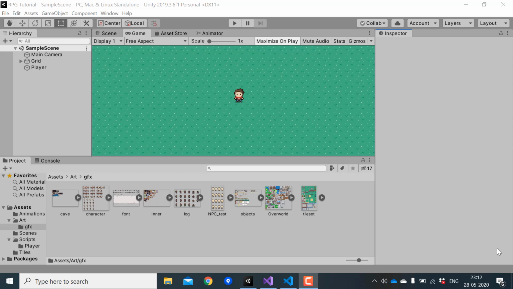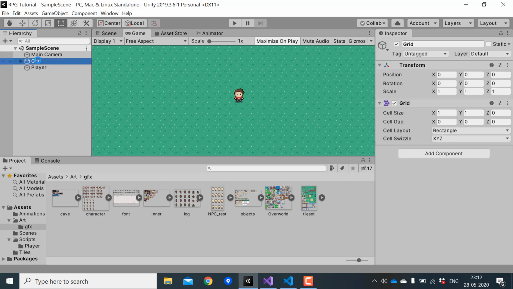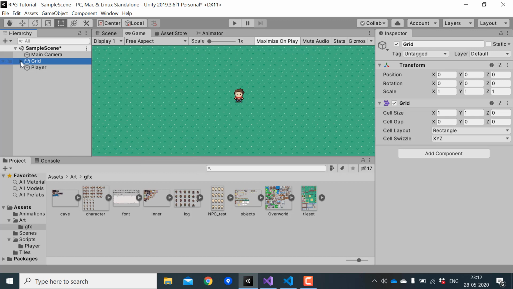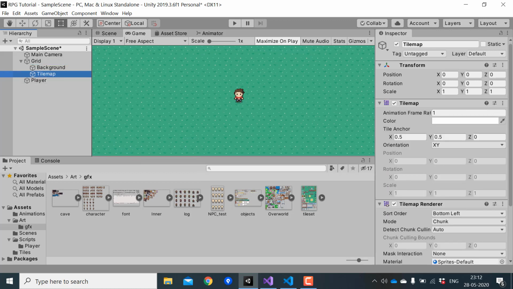So in this video we will add more objects to our scene and implement collisions. So first we'll add a tile map where we can put all our solid objects. Right click on grid, 2D object and tile map. I'll name this tile map as solid object